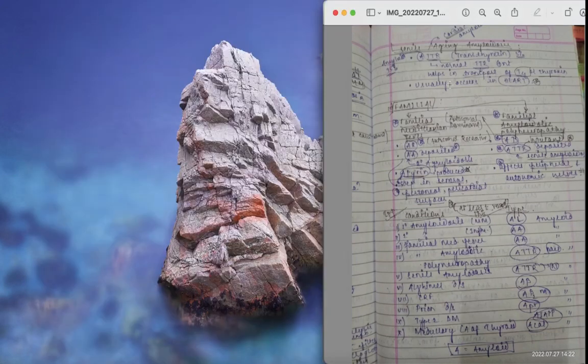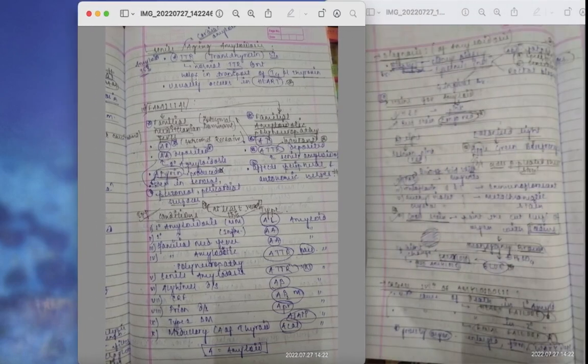Now, moving on to another miscellaneous type of generalized amyloidosis. It usually occurs in aging people, so it's known as senile amyloidosis or aging amyloidosis. It's also known as cardiac amyloidosis. In this, ATTR: A again is for amyloid protein, which is 95%, and TTR is transthyretin, which is a misfolded protein. Transthyretin is actually a protein that transports thyroxine hormone, the T4 hormone, which is 5% again. It usually occurs in the heart, that is known as cardiac